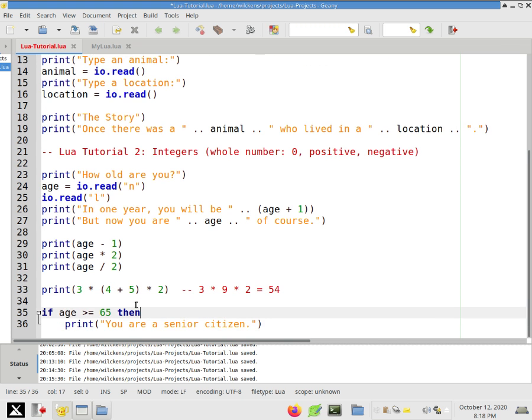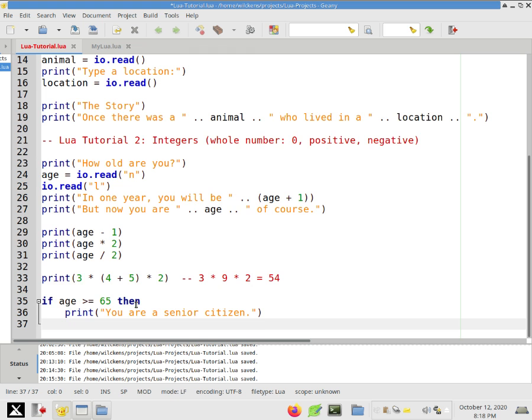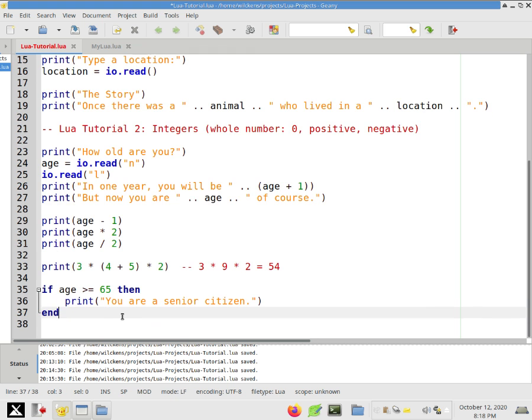Okay, I'm going to suggest that you have the if here, then you're going to put some kind of condition, right? So like, is age greater than or equal to 65 would be considered a condition. And then put the word then here. And notice that I indented this line. I happen to indent it 4 spaces, which I think is a good amount. And what you have to do at the end of an if statement is put the word end. So this is the end of that if statement